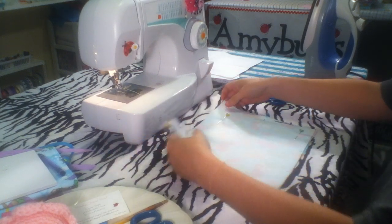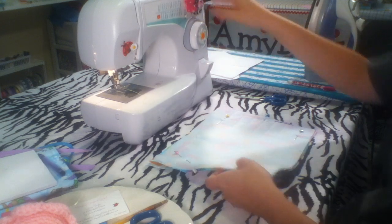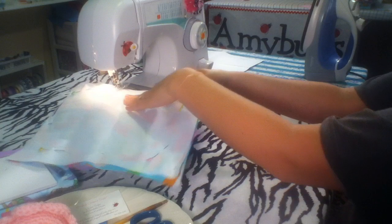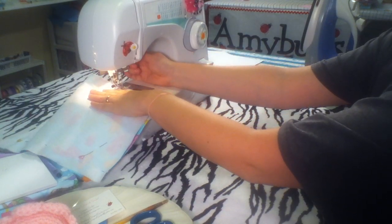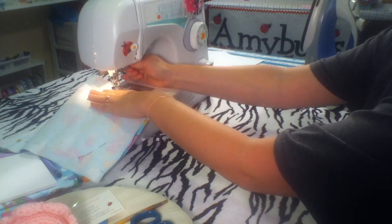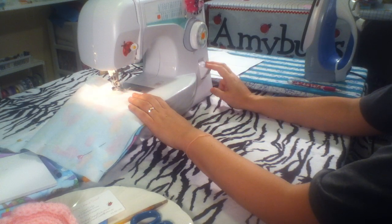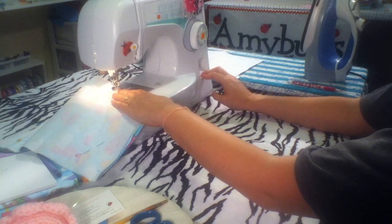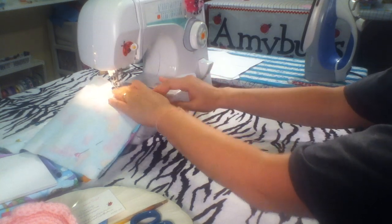So what you'll do is, using a 5/8 inch straight seam, you're going to sew around those edges, leaving that opening where I suggested. So I'll start now, and you're going to want to go ahead and give a generous back stitch, just to make sure that when you're turning your project right sides out, you don't rip your stitches open there. So generous little back stitch,